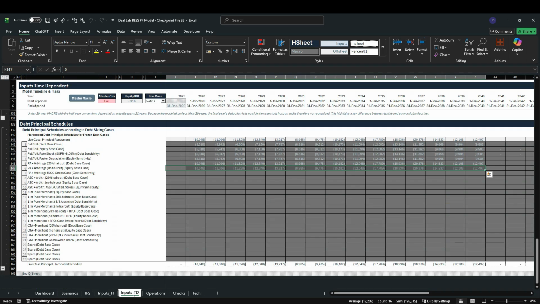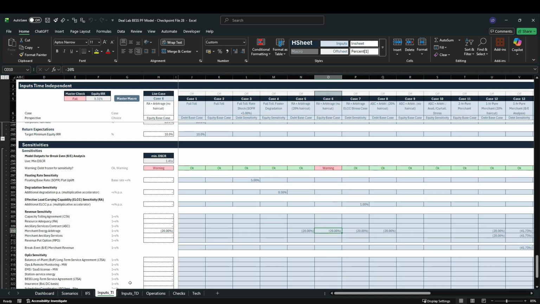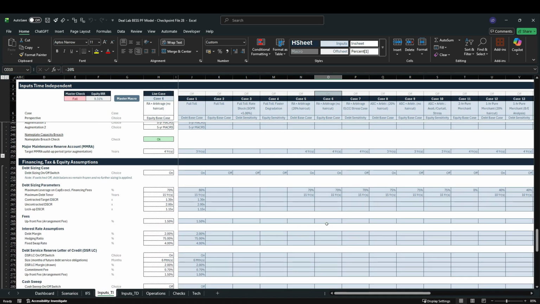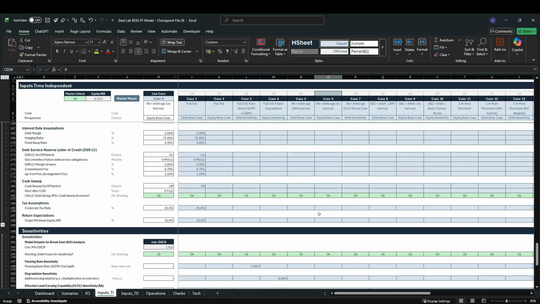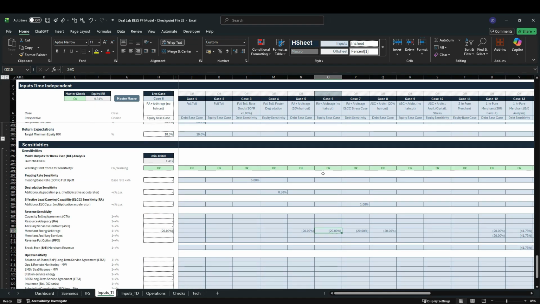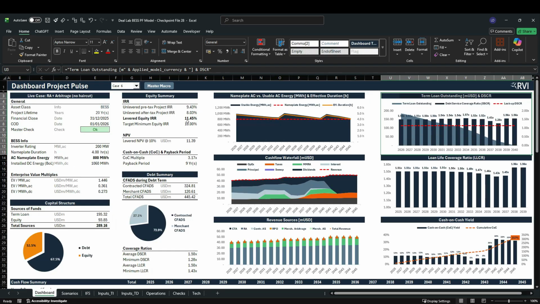move to our inputs time dependent sheet. And you will see that we now get the same debt schedule, which means that we can now turn our debt sizing off and delete the merchant haircut, which leads to an equity IRR, which is significantly better and now also based on our actual debt schedule from